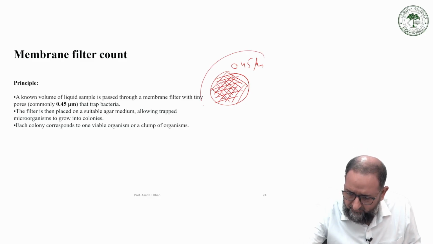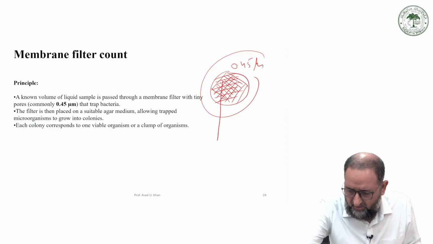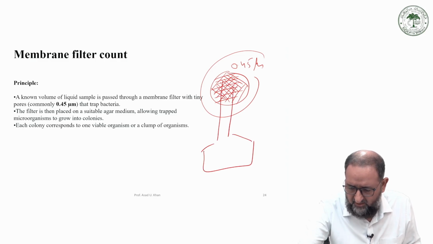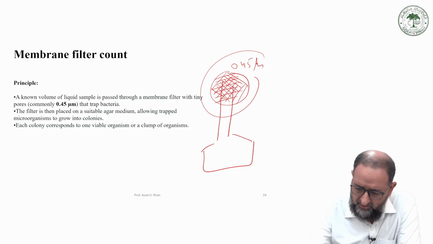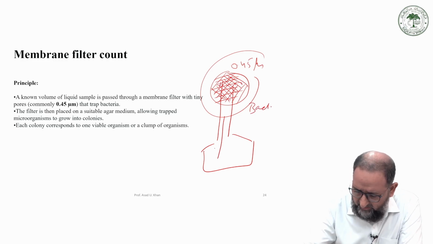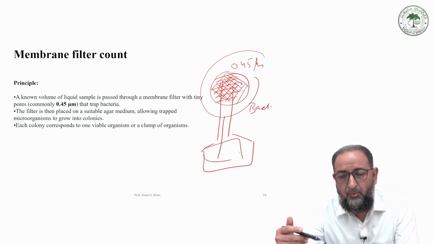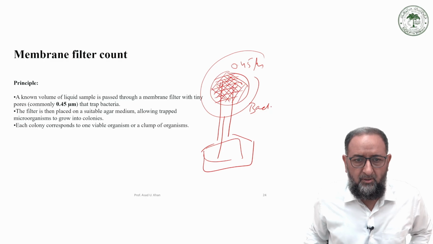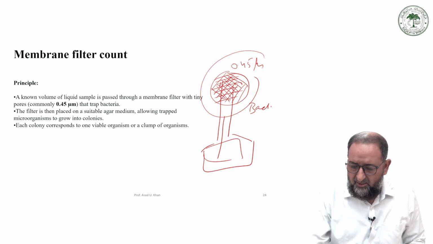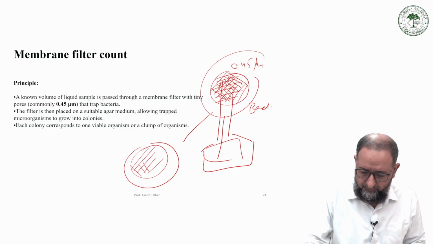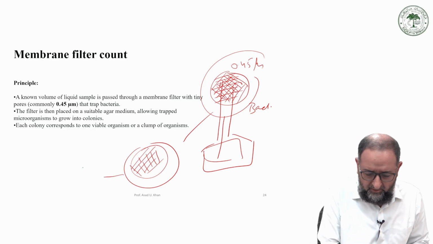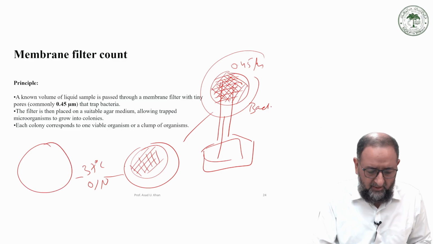Now this filter is used to drain out the media through this filter, and then this filter remains and traps the bacteria on the surface, right? And the rest of the media, the culture media, will come down. So the bacteria which cannot pass through 0.45 will be trapped on the filter, and then this filter will be kept on Petri plates like this, and then incubated at 37 degrees centigrade overnight. Then take out the plate,